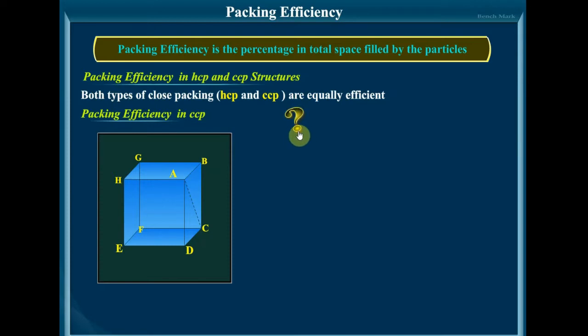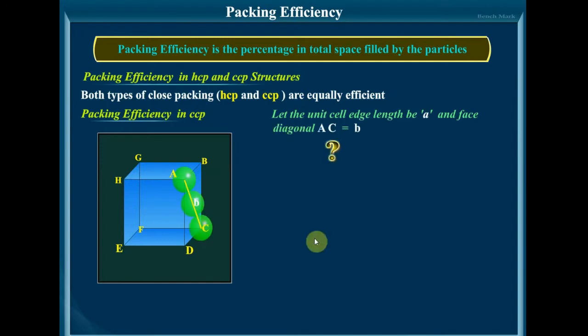And as we have learned earlier, the number of atoms in each unit cell we have already calculated, and you also know about it. So from that, how many atoms are there in one unit cell? That, into the volume of one sphere, which is 4 by 3 pi r cube, gives the volume of the spheres, divided by the volume of the cube. If the edge length is A, then A cube will be the volume of the unit cell. And here we can get a relationship between the edge length and the radius of the sphere. The relationship between the edge length A and radius is different for different types of close packing. So let us begin with the packing efficiency in CCP.